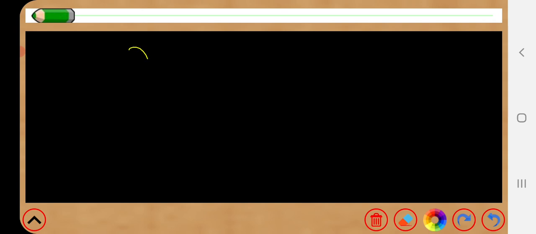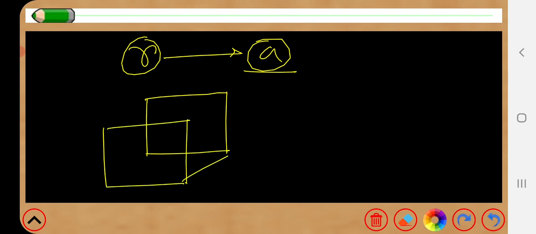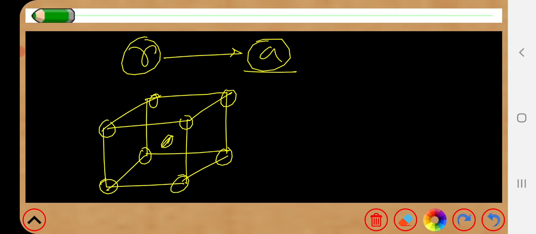Okay, so now again we want to find out the relation between R and A, the radius and the atomic lattice parameter A. So for that, if we draw our BCC structure, remember that we have to make this in the closed packed form, but we will not make the whole structure in the closed packed form. Rather, we will take this part where we can get the nearest neighbor.